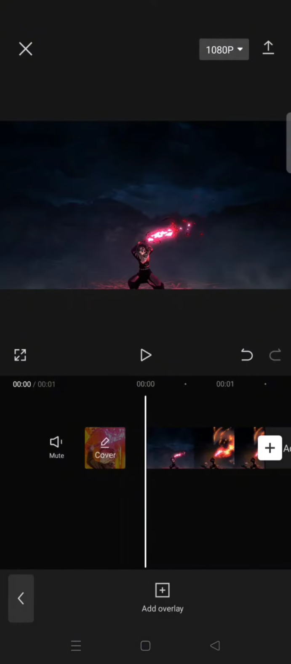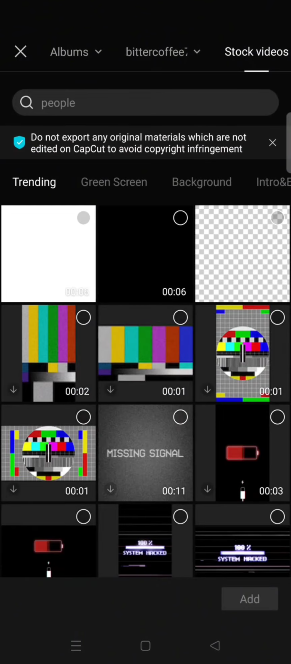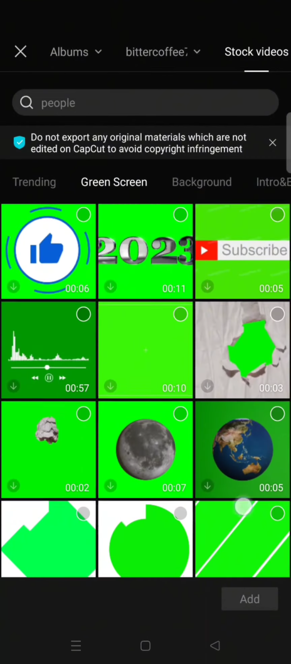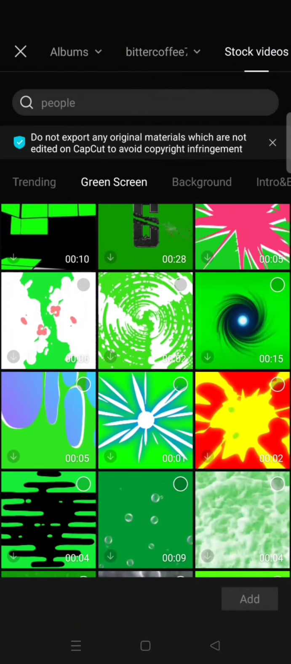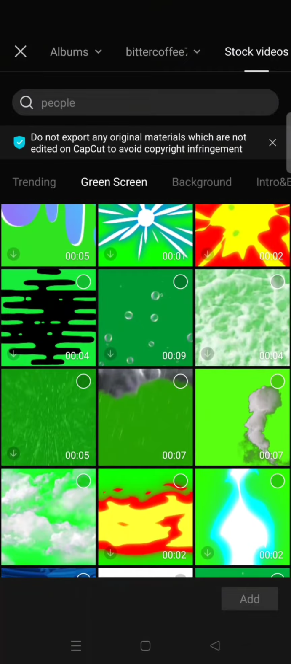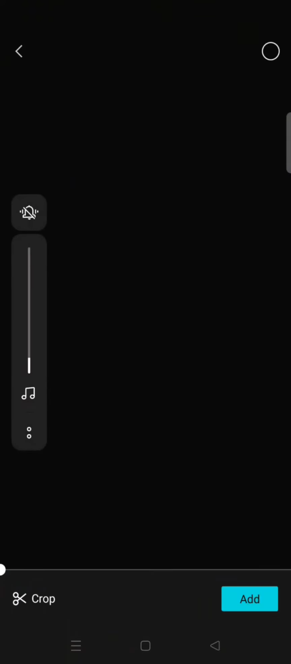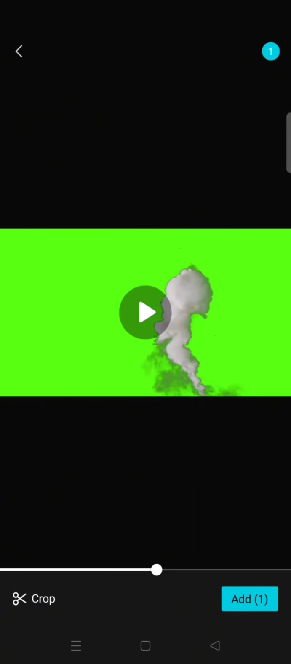So here I'm going to go to overlay, add overlay, then I'm going to click on the stock videos, and in here you can see there are lots of categories now, and one of them is green screen. And here you can see there are so many options that you can freely use. So I'm going to add this explosion effect, this one. Okay, you can see this is the effect. You can just click on add,